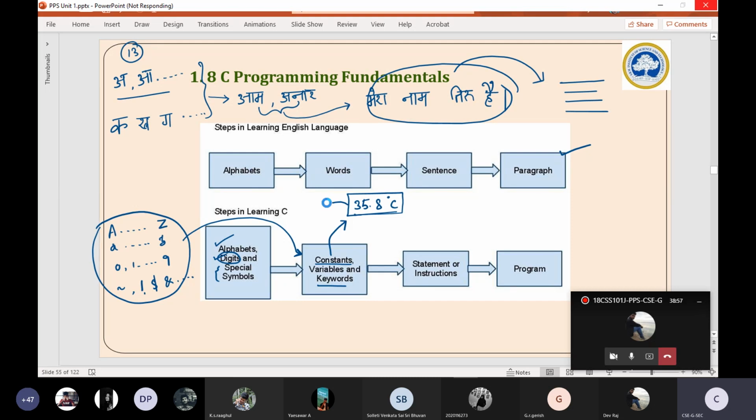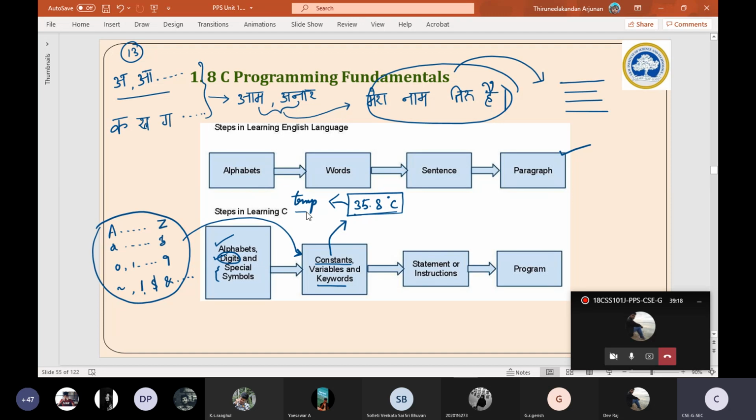I'll tell you what a variable is, but I'm using the word variable itself. In previous days I have used this as a label. Look here, I'm assigning this value to a symbol or a label called temp, to denote that it is a temperature. Now I have declared temp of float type so that I can store fraction values, and I have assigned 35.8 to temp. Later, in the next instruction, I am incrementing this temp.